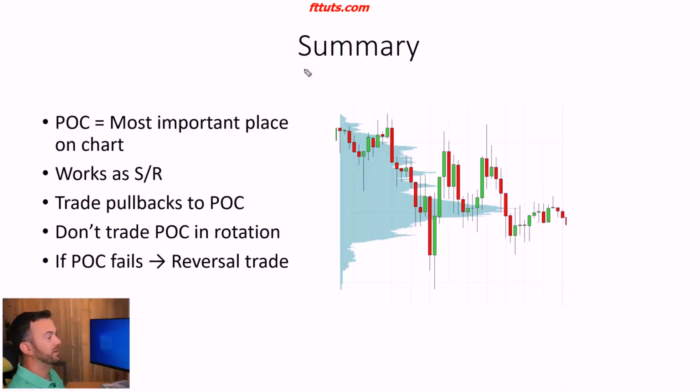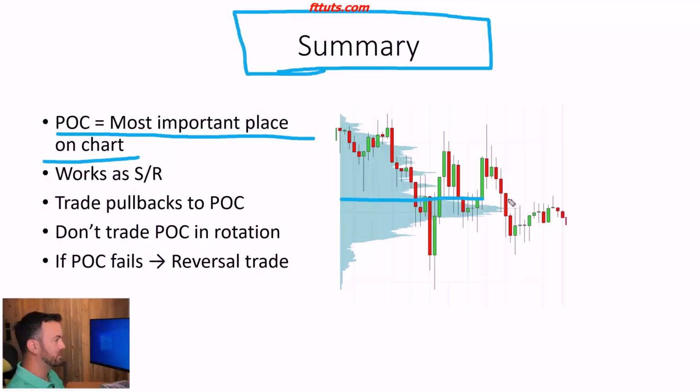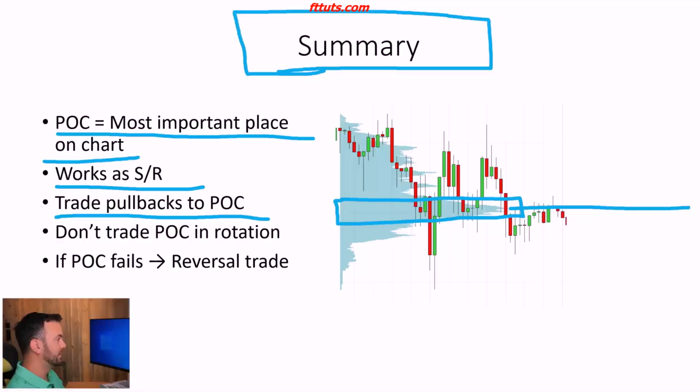Now let's do a very brief summary of what we talked about today, all right? So point of control, you should remember that it's the most important place on the chart because it shows where institutions are positioned. Because of this, it works as a strong support and resistance zone. And the way to trade this is you want to trade pullbacks to the point of control. This is a long trade scenario pullback. This is a